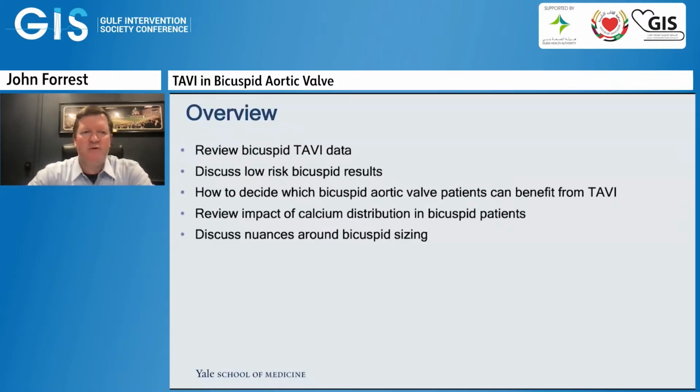So I'd like to review in the next 10 minutes a quick review of the bicuspid TAVR data, discuss some of the low-risk bicuspid results, talk about how to decide which bicuspid patients can benefit from a TAVR, review the impact of calcium distribution in bicuspid patients, and discuss some of the nuances around bicuspid sizing for transcatheter aortic valve